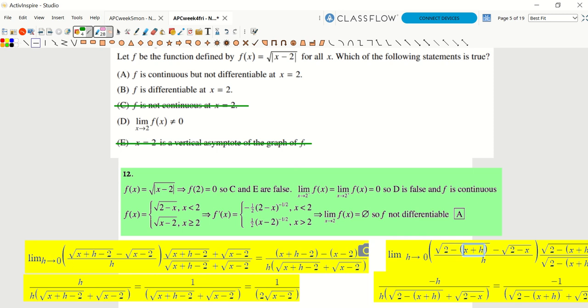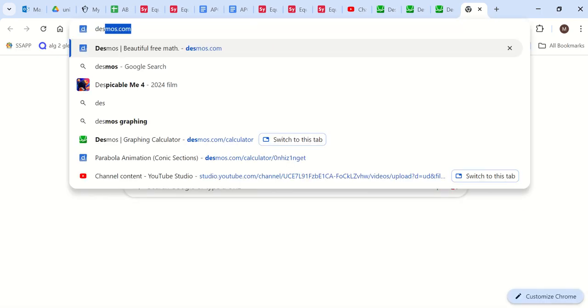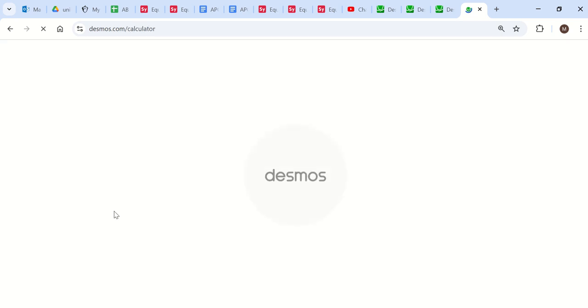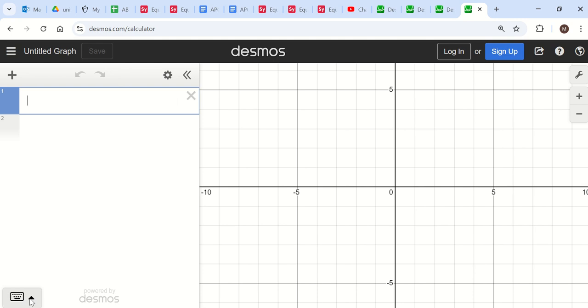Now, by the way, just as a cheat, as a hack, I know you're not supposed to use a calculator, but just so that you can see what I'm talking about,